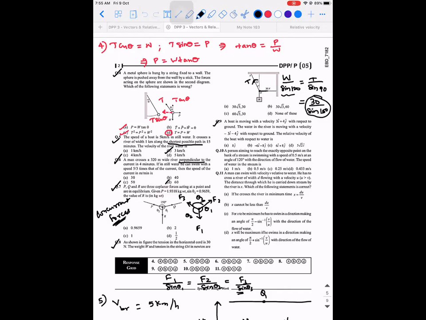So what are they asking? The relative velocity of boat with respect to river, VBR. It's a one step problem. So even without writing on the paper, you can directly tell. VBR is equal to VR minus VB. So minus 3i cap minus 4j cap minus of 3i cap plus 4j cap. The answer will be minus 6i cap minus 8j cap. That is the second option.